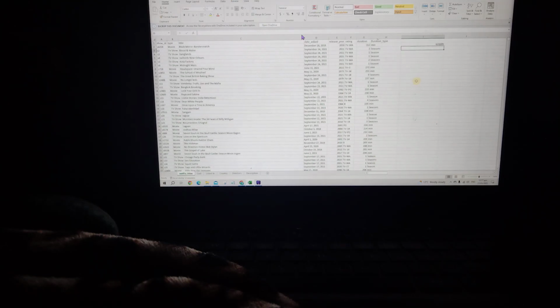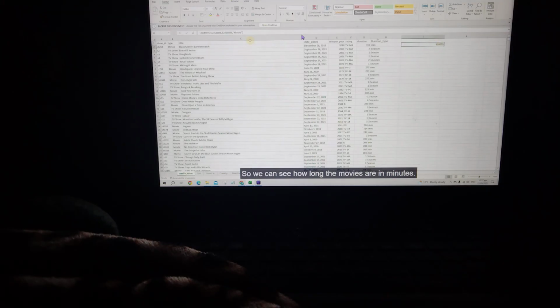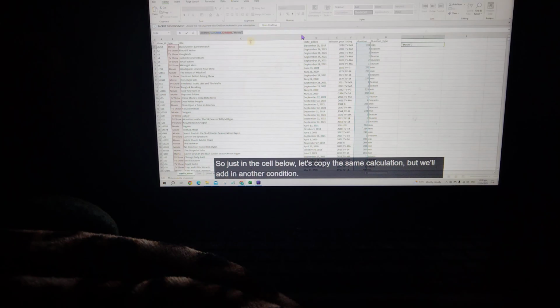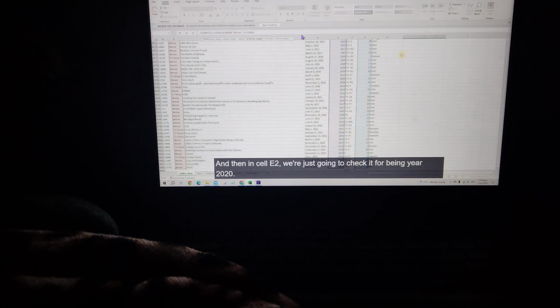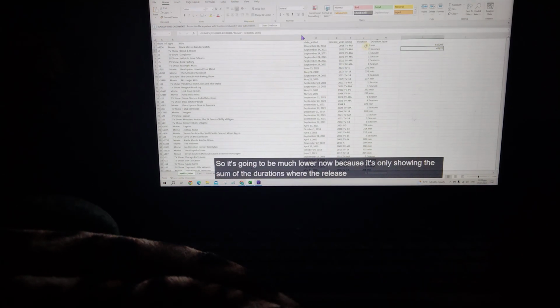Close our brackets, so we can see how long the movies are in minutes. Just in the cell below, let's copy the same calculation, but we'll add in another condition. After our movie, double quotation mark, we need to enter another comma. Then in cell E2, we're just going to check it for being year 2020. It's going to be much lower now because it's only showing the sum of the durations, where the